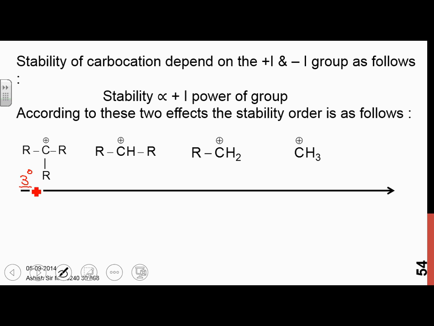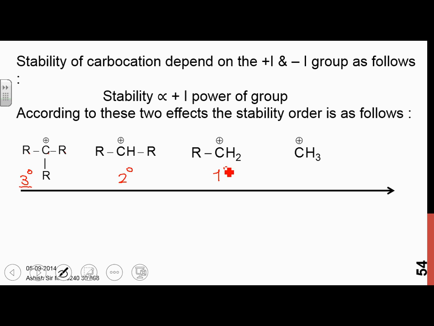You can see that one carbon is bonded with 3 more carbons and is positively charged. Then I have secondary carbocation, then primary carbocation, and then methyl carbocation. If there is a tertiary carbocation,